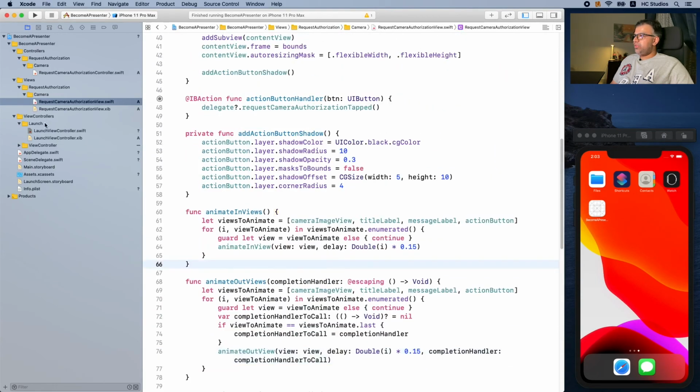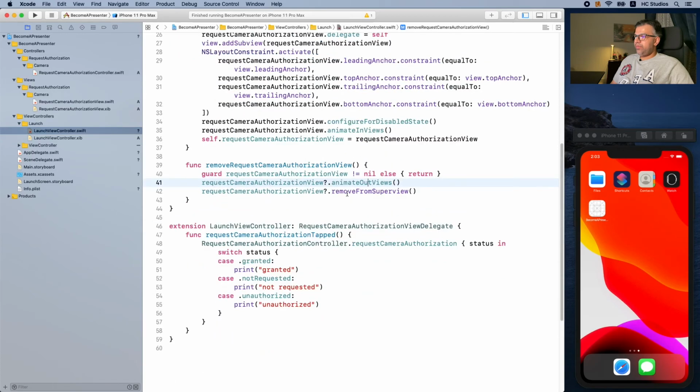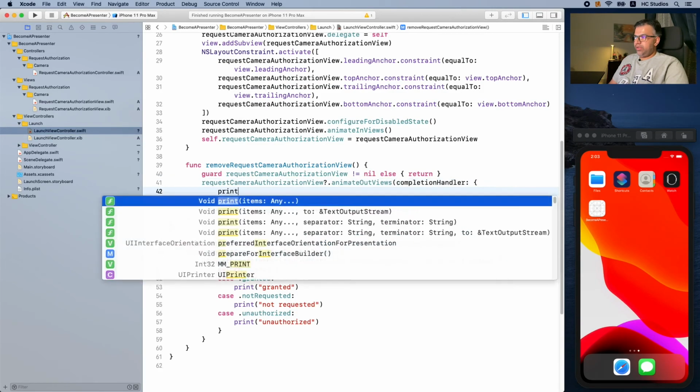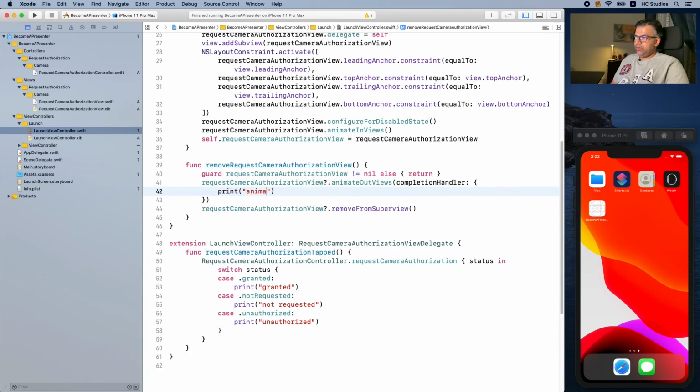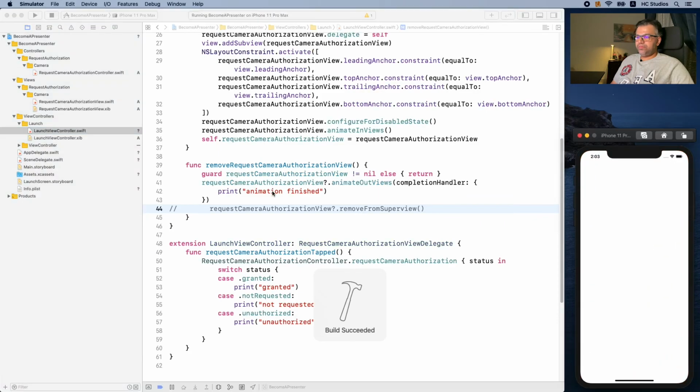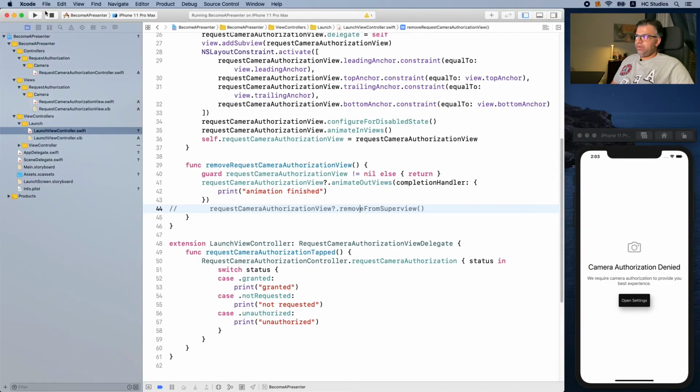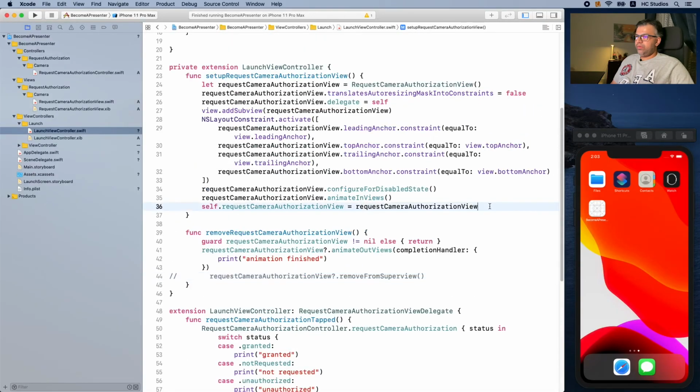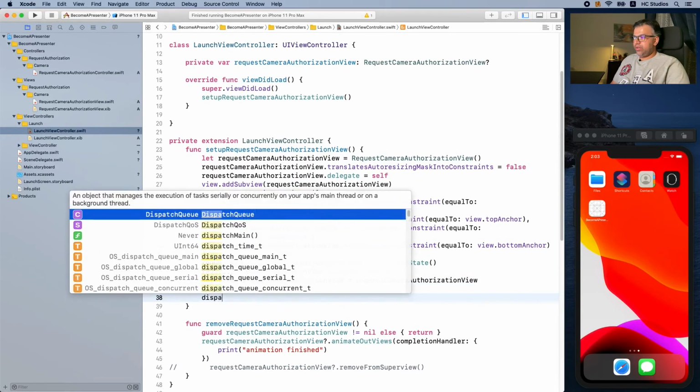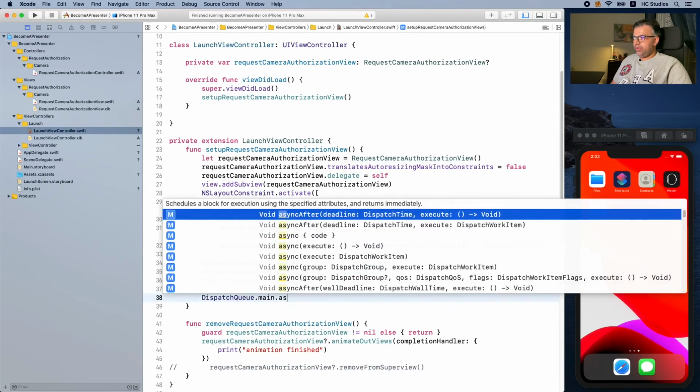So let's confirm this code is running by going to launch view controller, and in the animate out we are going to call with the completion handler and print ourselves a message, animation finished. Let's hold on to the remove from super view right now currently. Let's run the app and see whether this code runs. Now we need to call that code. So same way we can test it out currently. Dispatch queue main async after